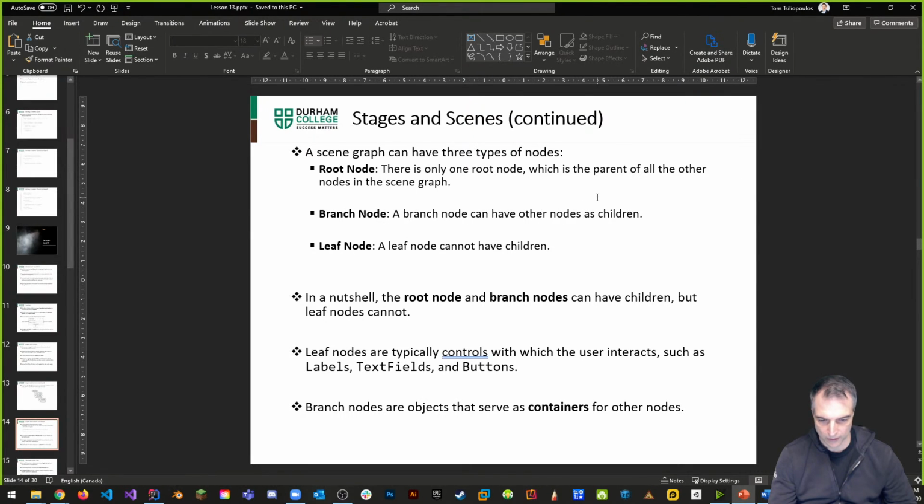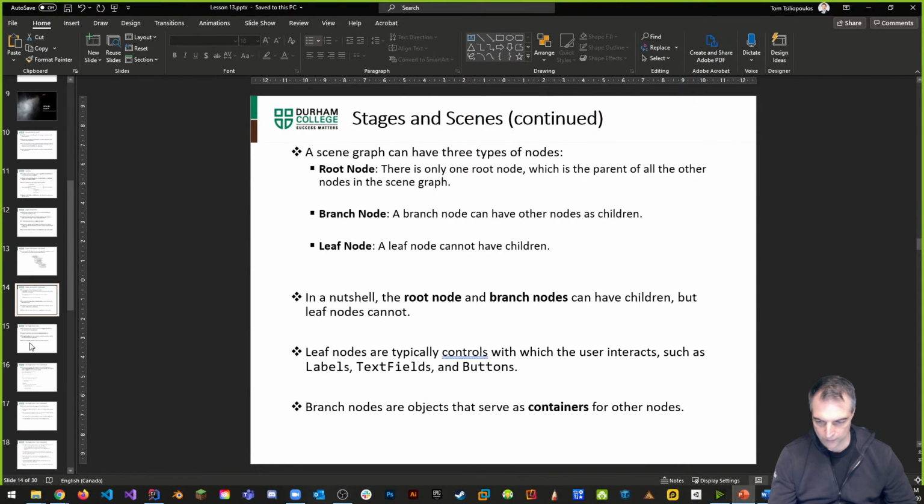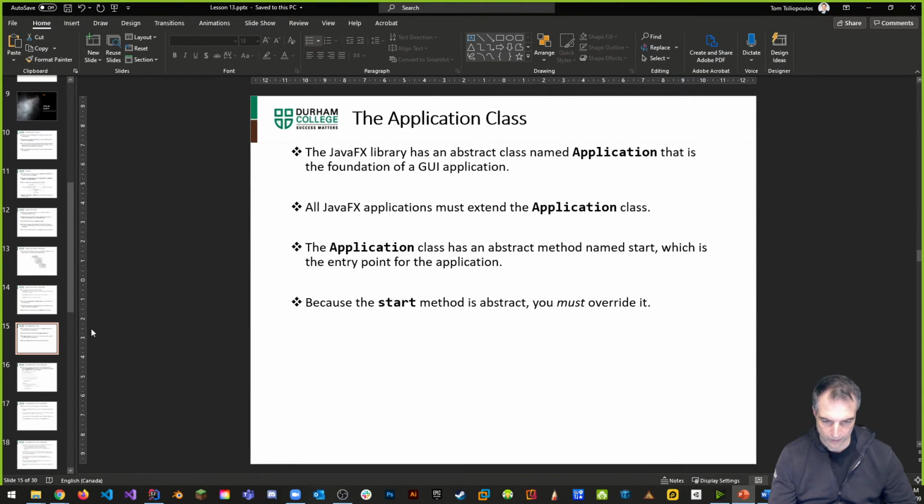Branch nodes, I want you to think of them as containers. And leaf nodes are controls for the most part. Okay, so that's what they are in terms of the way the structure is done. All right, so we have